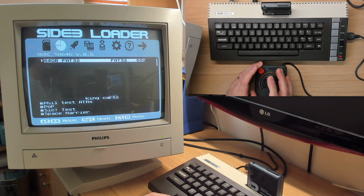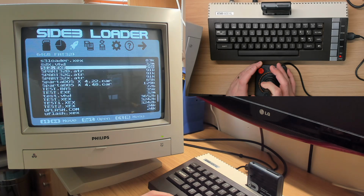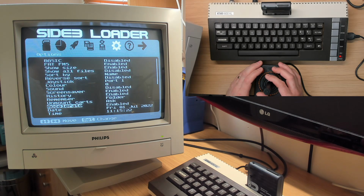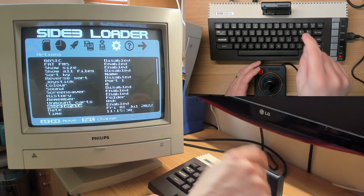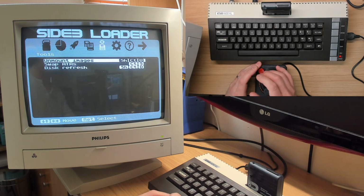So with the joystick you can move through the menu system, obviously, and you can go up and down the list, and it accelerates. Well, when you've got acceleration turned on in the options screen there, which I can show you with the joystick. So accelerate is enabled, so that means after a certain number of repetitions, about 10 or so, with the same key held down, because all the joystick does is issue key presses. So this works with the keyboard as well. So if you hold down the same key and it repeats more than 10 times, the repeat delay reduces, so the key gets repeated faster until you let go of it,